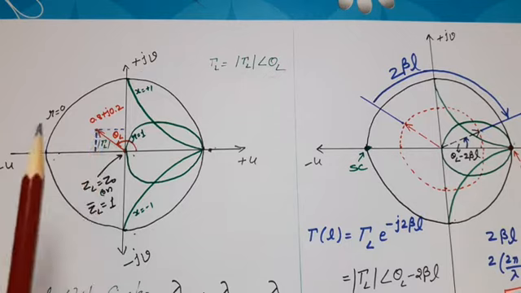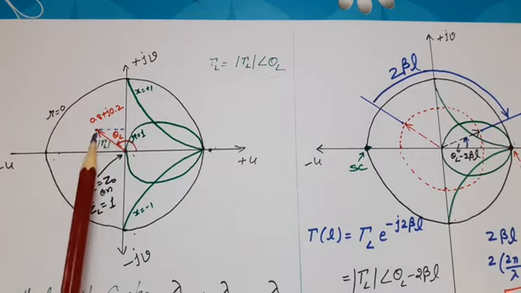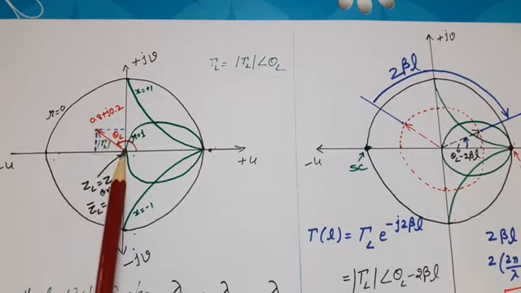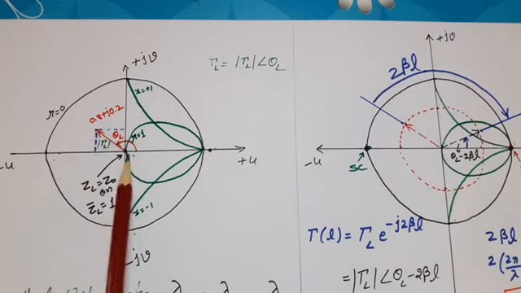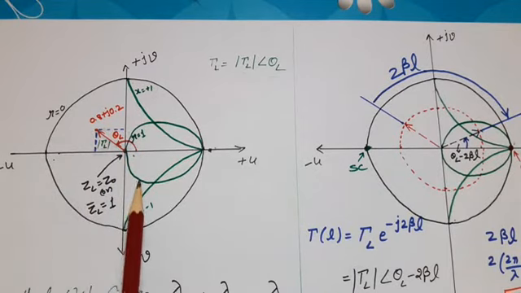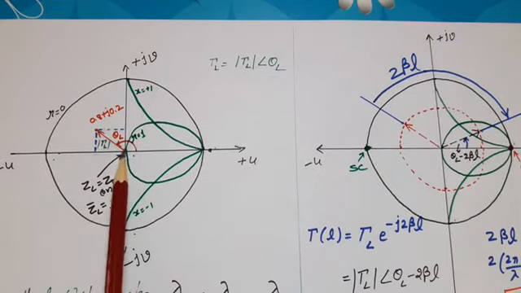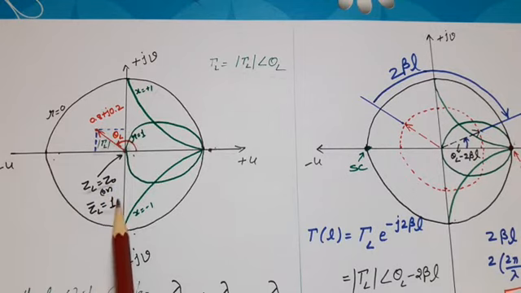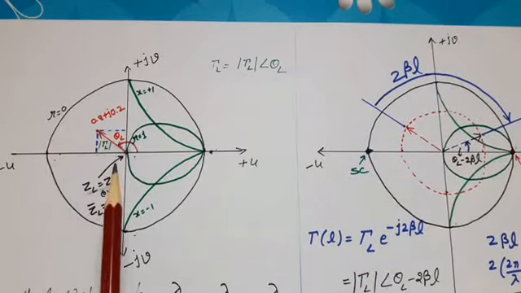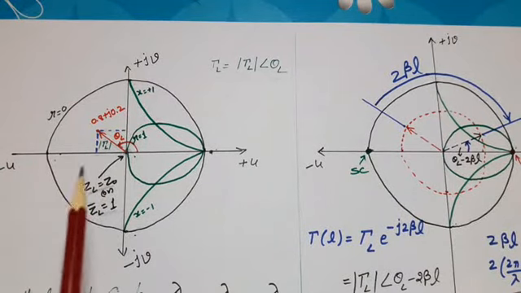One thing is very much clear from here. If the point is located near the origin, it means the reflection coefficient value is less. And as the point moves away from the origin, the reflection coefficient value increases. So where will the reflection coefficient be 0? Obviously at the center point. And we already know the center point corresponds to load impedance Z naught, that is normalized load impedance 1. So in this way, we have learned how to find the reflection coefficient at the load end, that is gamma L.